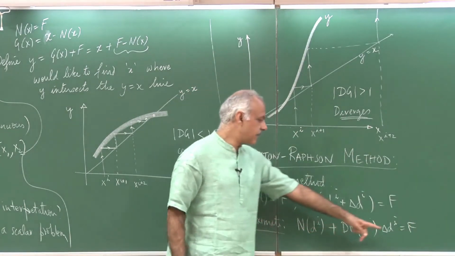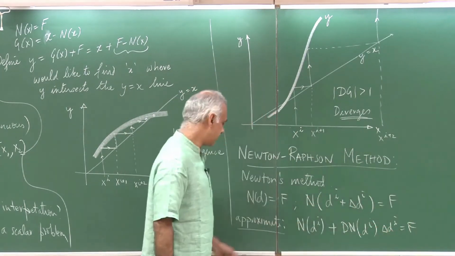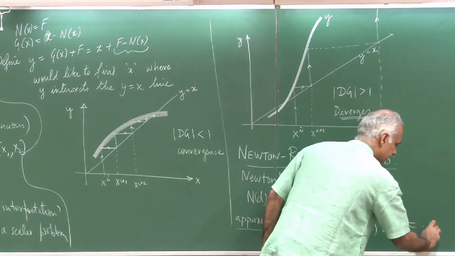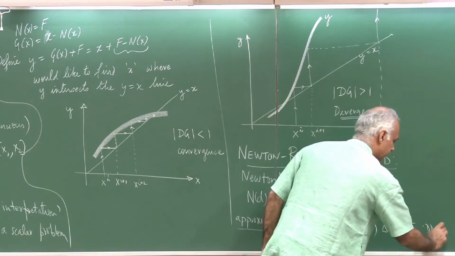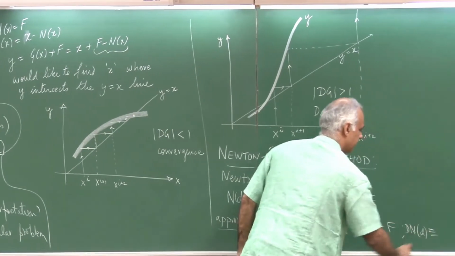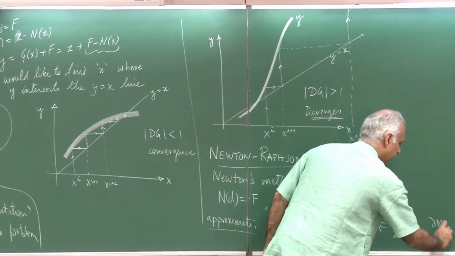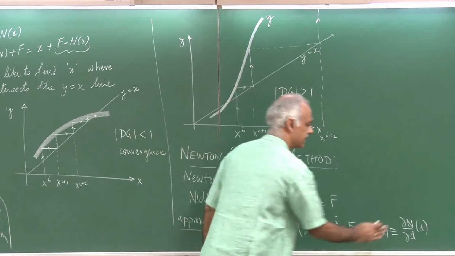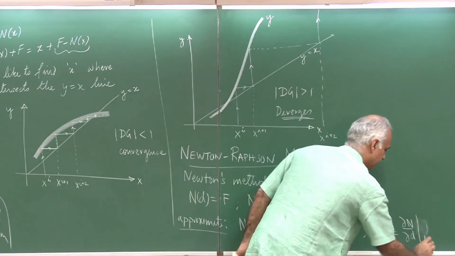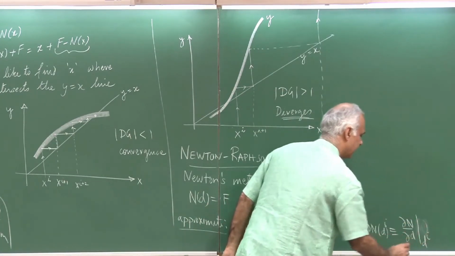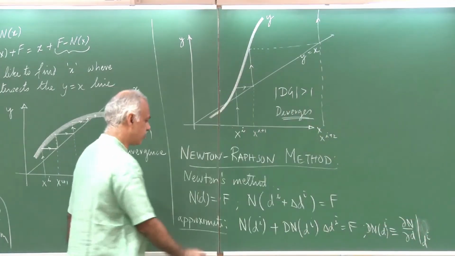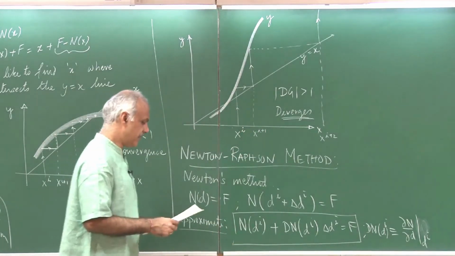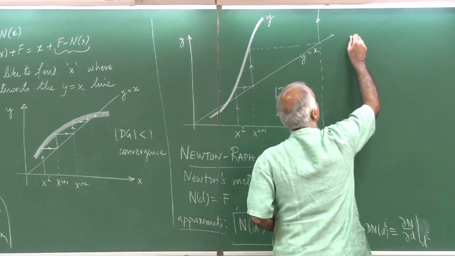So in fact this is some kind of an approximation, this is not exact, so I have already written this as an approximation, and our notation is that dN of d is actually del N by del d evaluated at some d. So if you want to call it at i, it is evaluated at i. So this is going to be our template that we will use, and from this we can infer